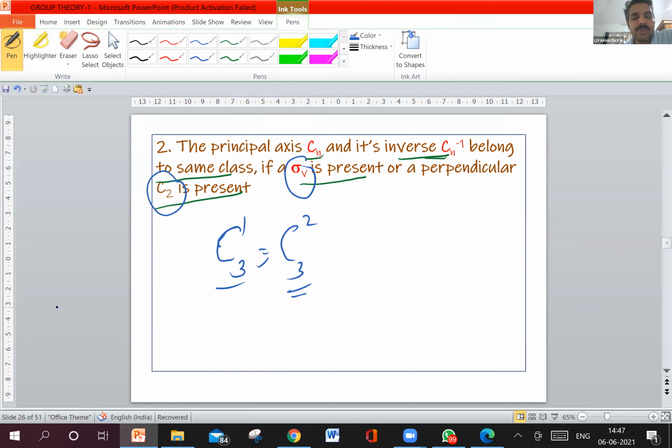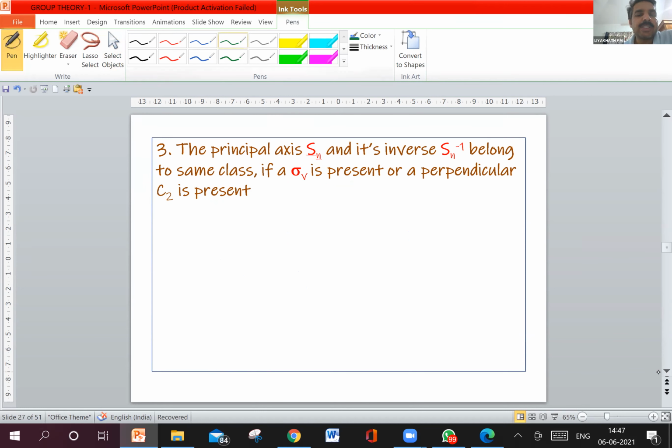Remember this point: the Cn axis and its inverse will belong to the same class if there is a sigma v or a perpendicular C2 axis present. That is the second rule. And third rule, similarly in the case of Cn, Sn also, Sn and its inverse,